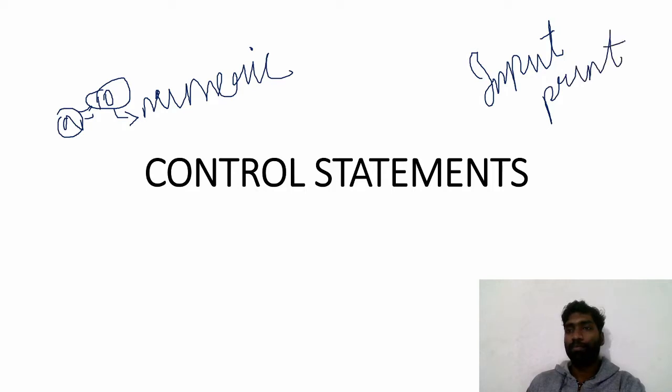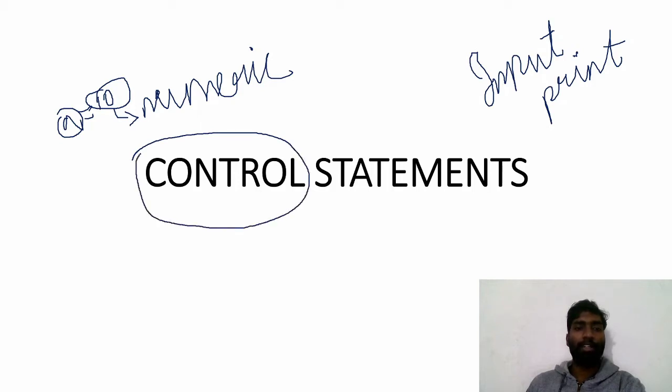And what is interactive mode? What is script mode? How do we get input from the user, and the print statements? So we have seen all these things. Now today we are going to see the control statement. You should remember, this control statement is the last topic in our seventh chapter. After this, in the eighth chapter, we will learn looping.